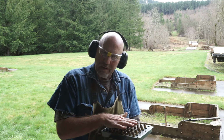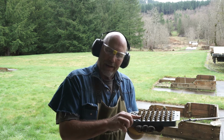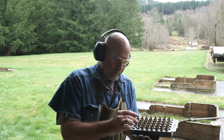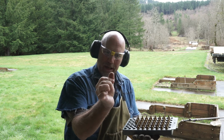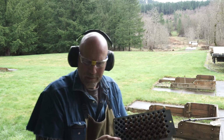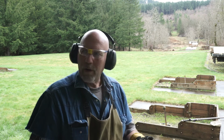So, 6x47 Lapua case, blowing it out, I used Clay's shotgun powder, filled anywhere from an eighth of an inch down the neck to the top, nearly overflowing. In this case, I had to cap them with my finger, tap them, then I tore little pieces of paper towel about that big, wadded them up and stuffed them in, and jammed them down with a nail. I got everything to go down deeply enough that it doesn't look as impressive as it did. It used to have little white dots all over it. But I thought, while the lathe is warming up,